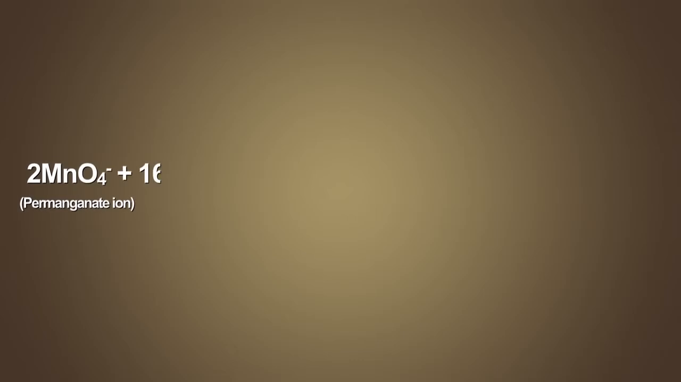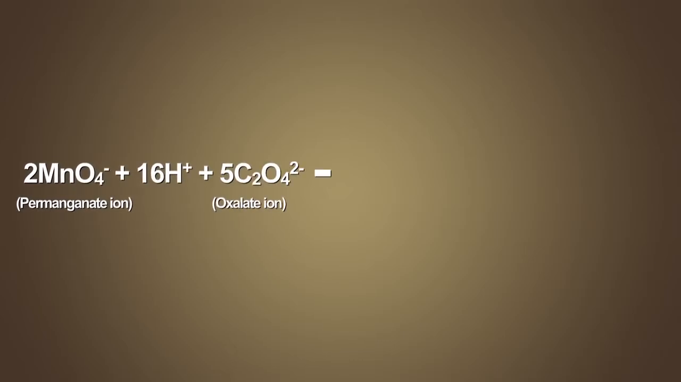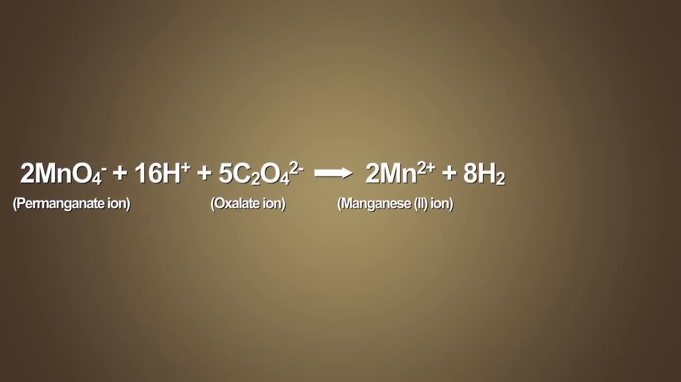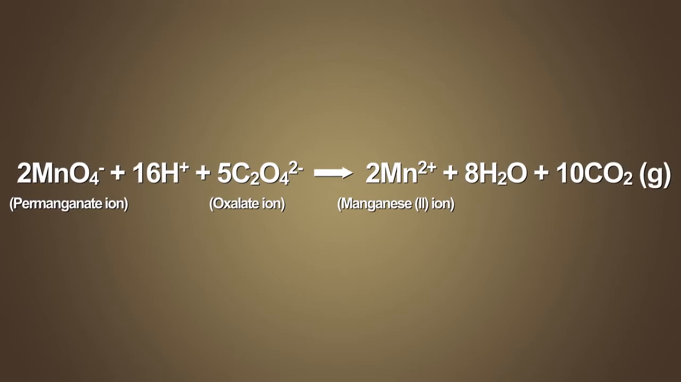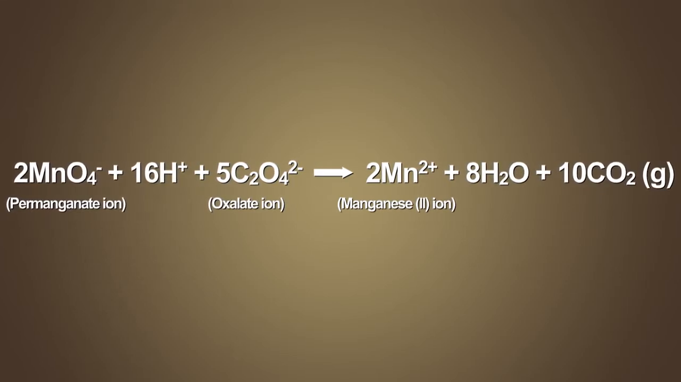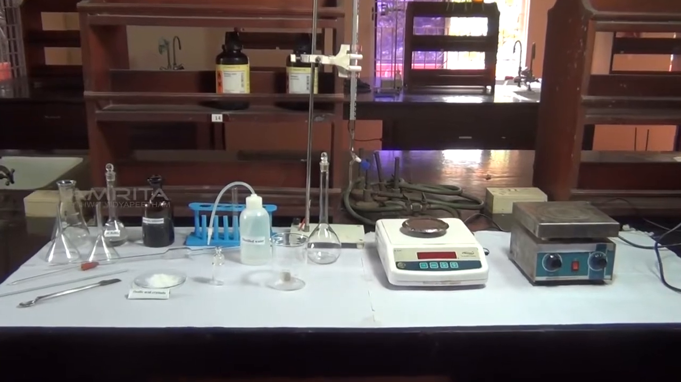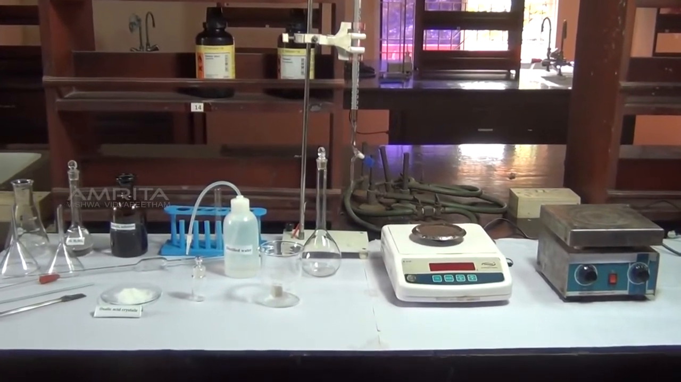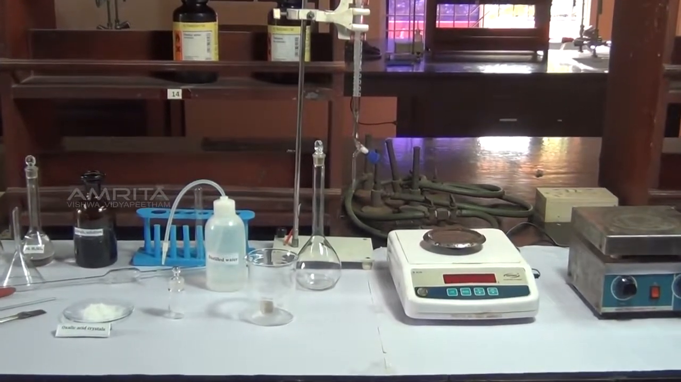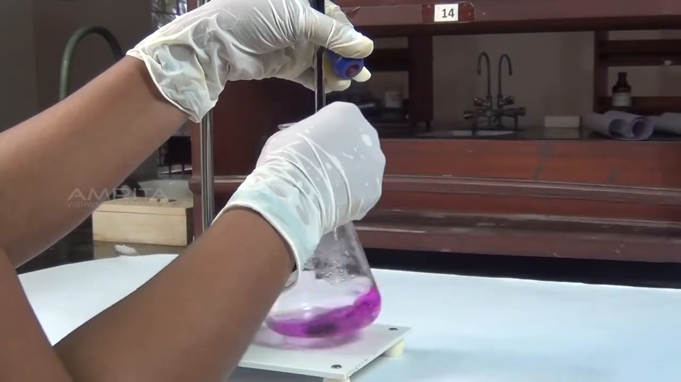acid. In the reaction between potassium permanganate and oxalic acid, permanganate ion is reduced to manganese 2 ion in the acidic medium and oxalate ion is oxidized to carbon dioxide. Our aim here is to determine the concentration of a given potassium permanganate solution by titrating it against standard solution